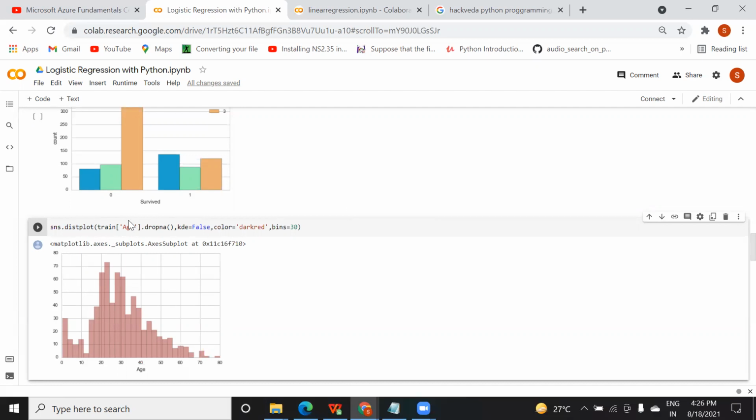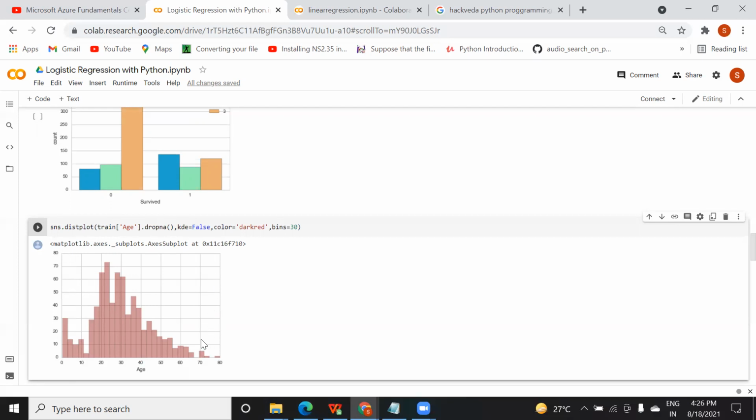So there are 4 parameters. First your data; KDE is one parameter that you can make true or false for how many graphs you want to appear; color, meaning what color you want to represent; and bin, maximum how many bins you want.